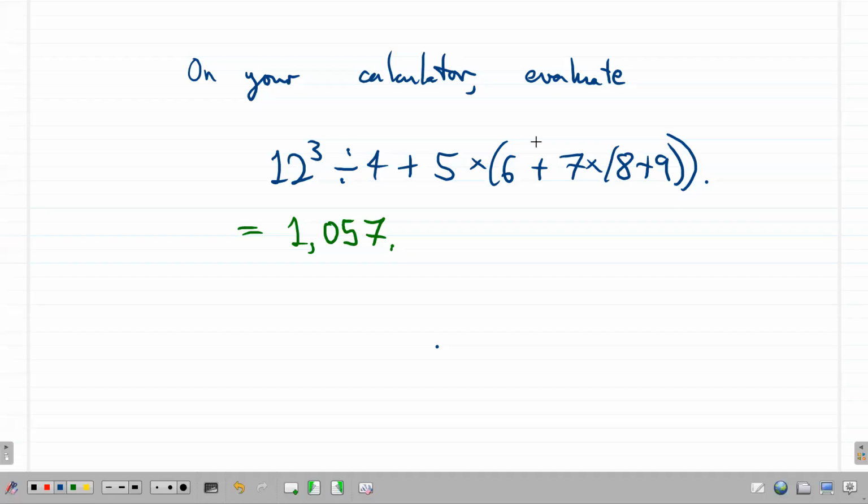Okay then, what have I done wrong here? In my original expression, I had a whole bunch of brackets. And when I inputted the values into my calculator, I completely ignored the brackets. That's a big no-no. If you don't put the brackets in, you're going to change the expression that you're evaluating. So your calculator can cope with BADMAS, providing you parenthesize